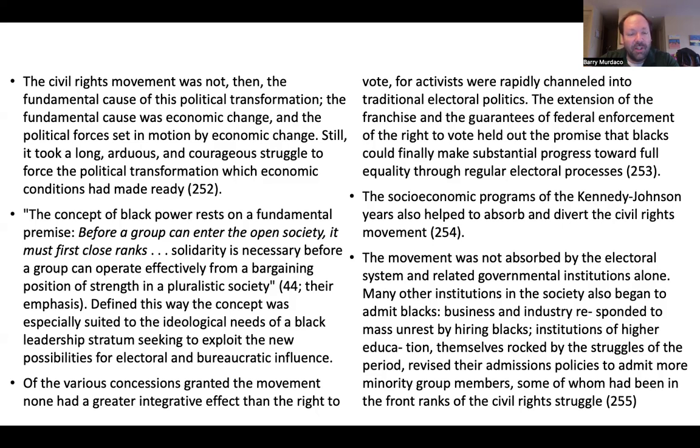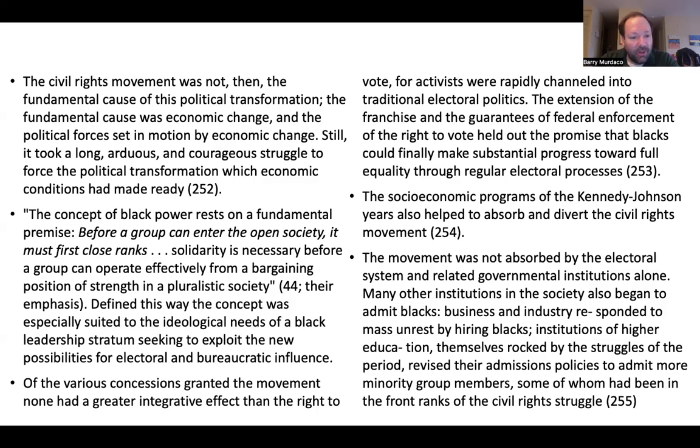So some people argue even these Cold War pressures forced the government to change. But they argue that fundamentally the civil rights movement was motivated more often than not by these changing economic forces. But again, it would not have happened also without the struggle on the part of leaders of the movement as well. Here, they're somewhat critical of the Black Power movement, which they seem to suggest is more of an opportunistic thing, basically personal advancement, maybe.